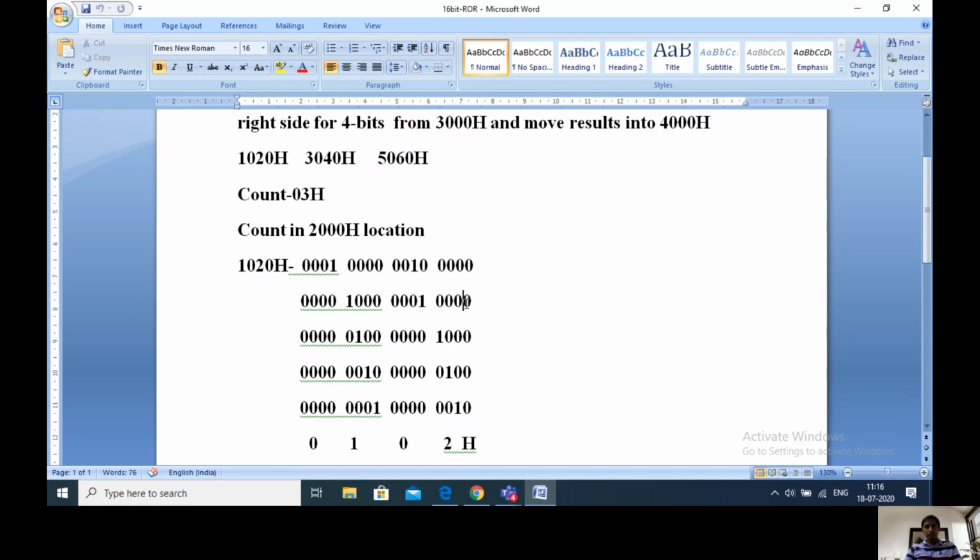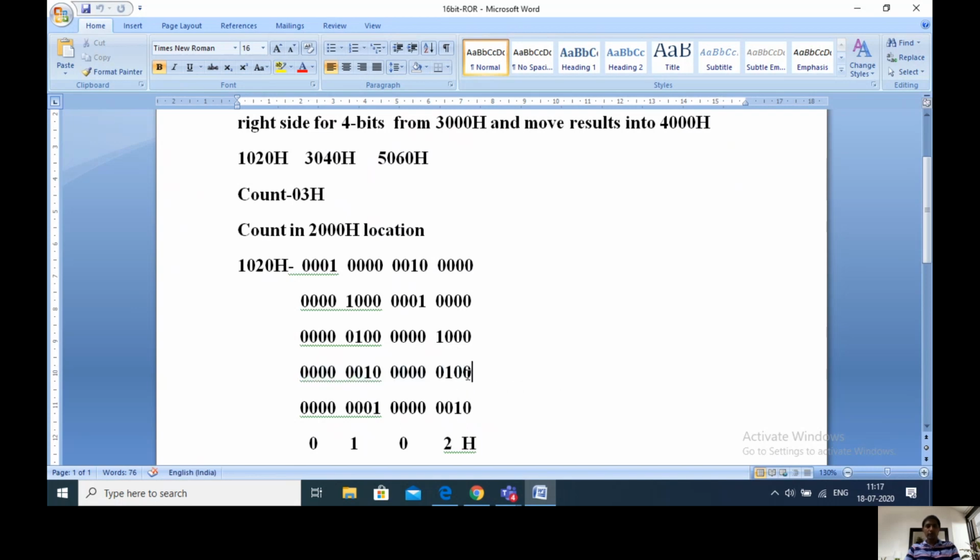Next, in the second time rotation what happens? Again this LSB bit will come to the MSB position and the remaining bits will be rotating right side in the same manner, 1 bit position into right side. Then this one comes here. Similarly this one is rotated to the right side 1 bit position like this. Next, this is the second time rotation. In the third time rotation what happens? This 0 comes to the MSB position and the remaining bits will be rotated right side by 1 bit position. Then this one comes to the next position. This one comes to the next position. This is the third bit rotation into right side.